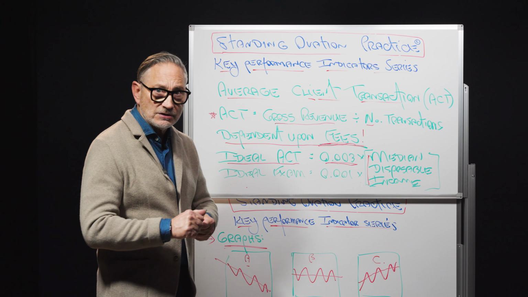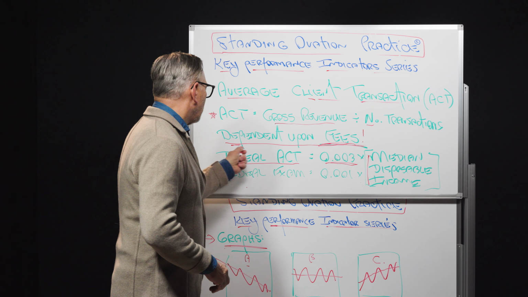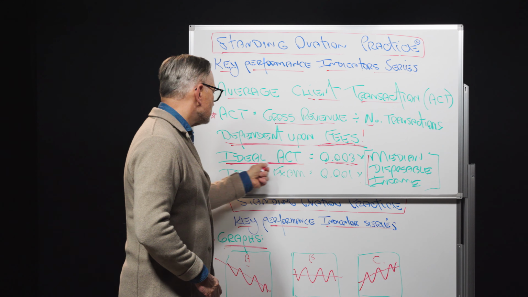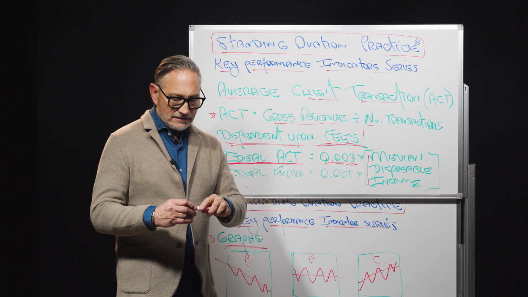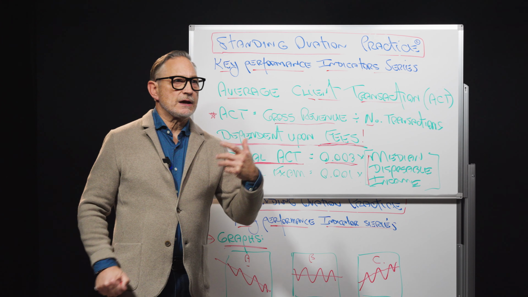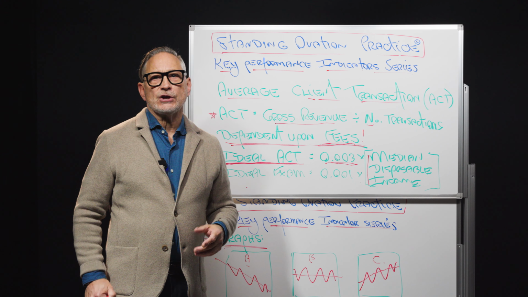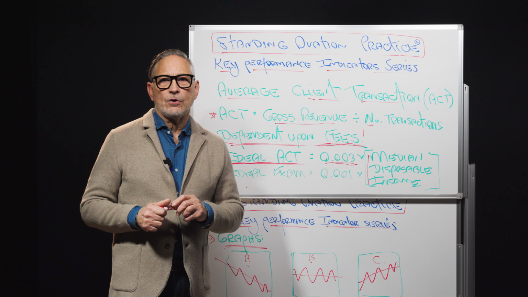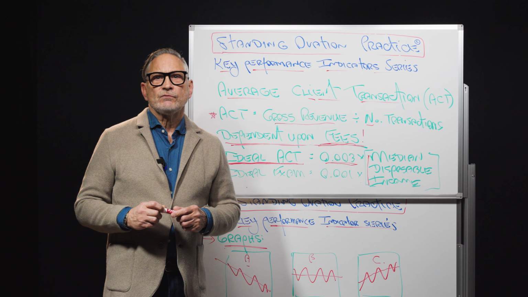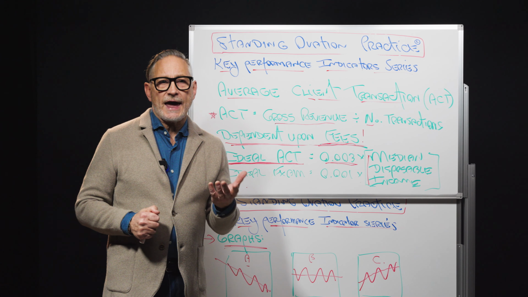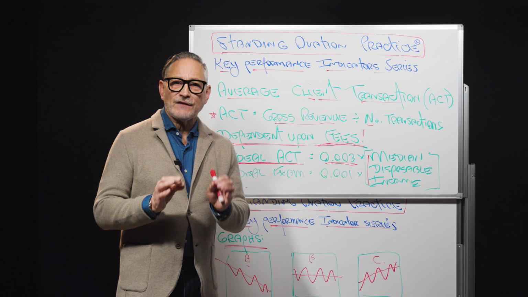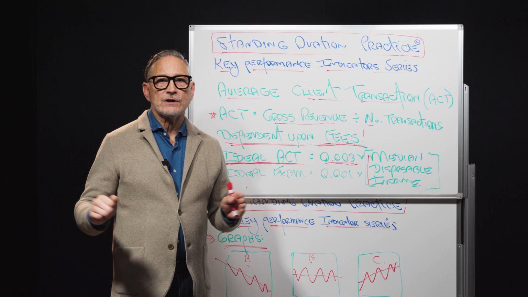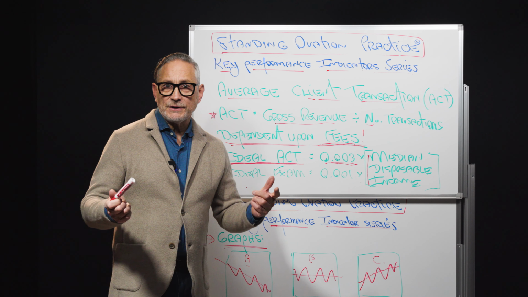So the way you do that is you take your 6-month ACT and you look at what it is, you compare it to what your ideal ACT is. Let's say your ideal ACT should be $200, and let's say your existing ACT is 150. So, let's say your existing average client transaction is 75% of the ideal, and that would then trigger an across the board fee increase of 25%. That's how we do it.